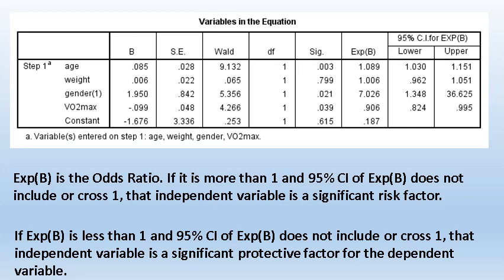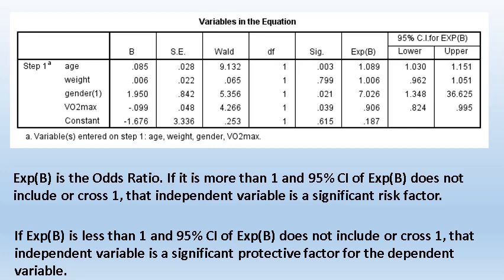Gender has two categories, right? 0 and 1. 0 is the coding for female and 1 is the coding for male. So gender of 1 means being male. Exponential B, or the odds ratio for being male, is 7.026. And if you look at the 95% confidence interval of exponential B, or of the odds ratio,